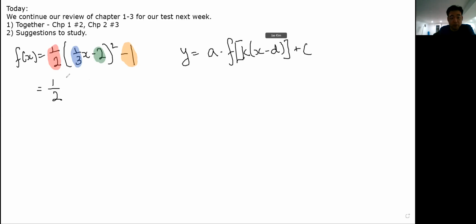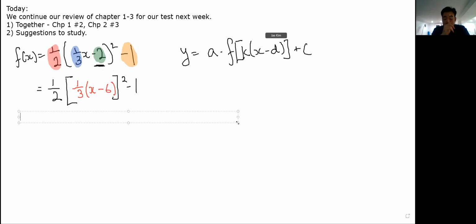You need to factor as best as you can. You must factor before you do anything. Otherwise, you might think that it's a horizontal shift 2 to the right, but in reality, it's a horizontal shift 6 to the right. So these transformations, this is how you would write it properly, word for word. I'll tell you what I'm looking for. If I ask you for the transformation in words,